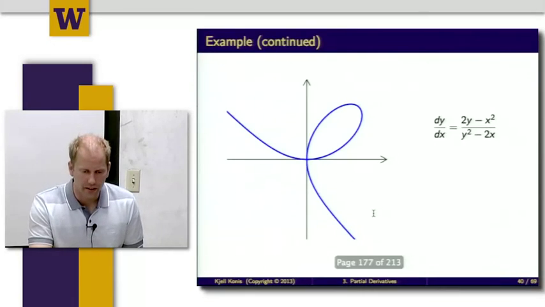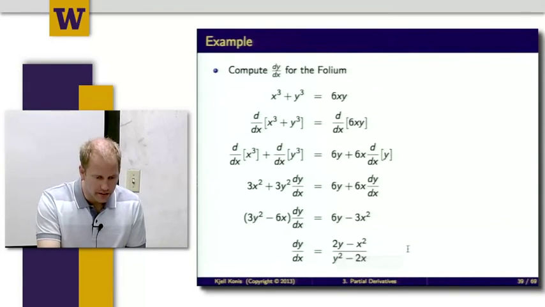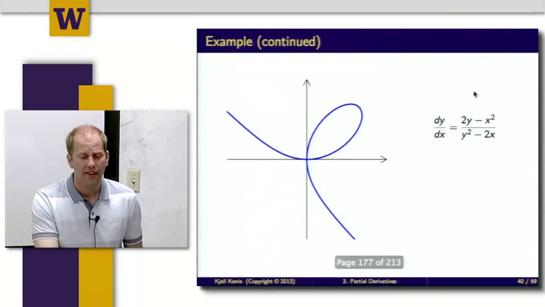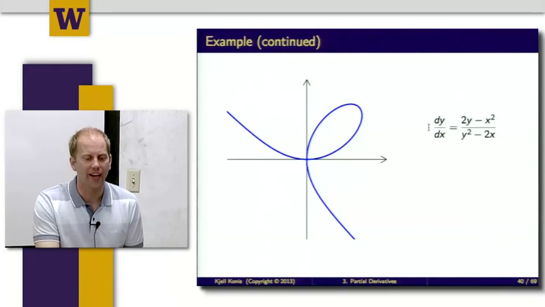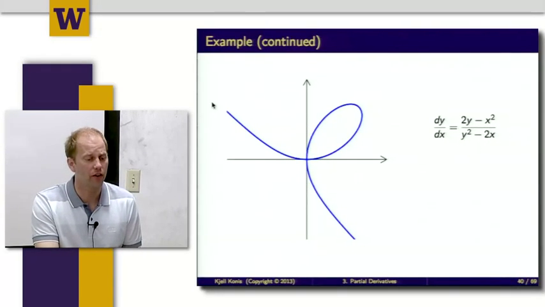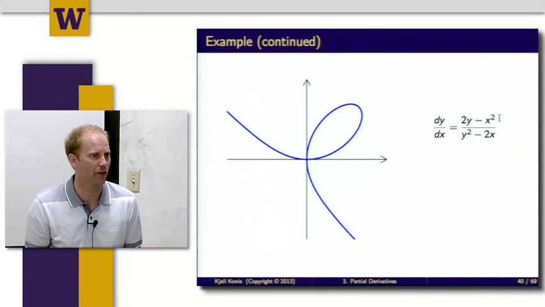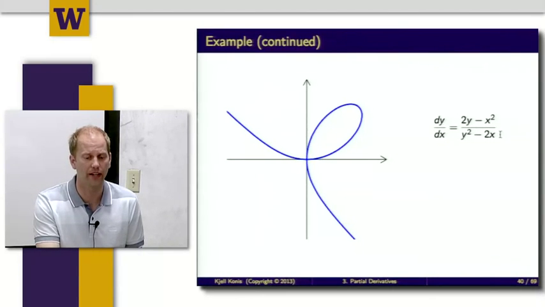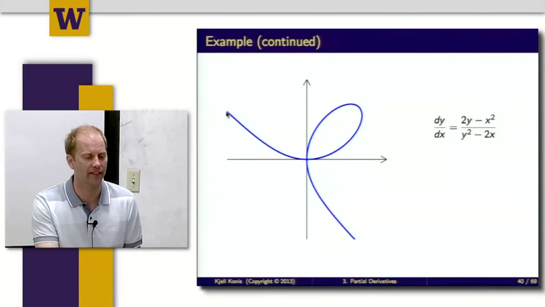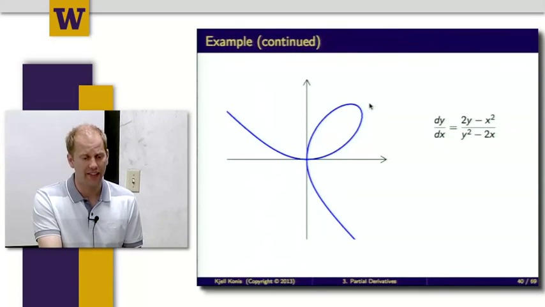And again, you have to be a little bit careful with this, because again, it's only going to be defined when I'm on the curve. So if I take any other point, I'll still be able to evaluate this, and it will give me a number, but that number has no interpretation for what I've just done. This only gives me the derivative for points that are on this curve. And then there's still